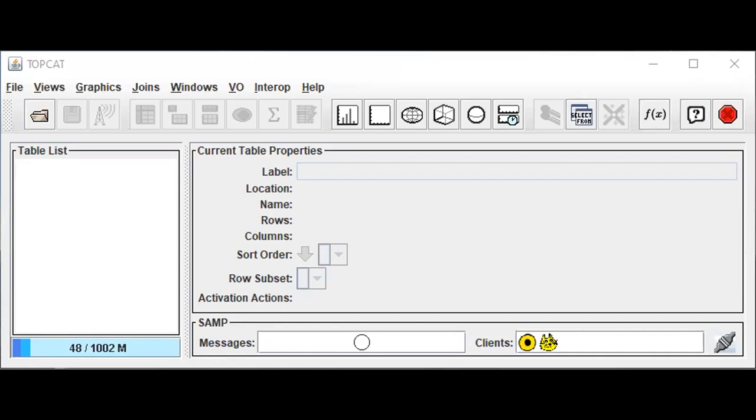Using TopCat for constructing the light curve of Kepler 8. After removing the header information from the transit data, the file is loaded on to TopCat. A scatter plot of the Julian date JD versus the flux is plotted using the graphics menu in TopCat, from which the approximate period of revolution of the exoplanet is determined to be 3.5 days.